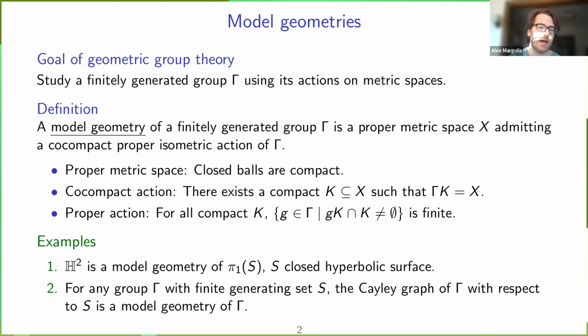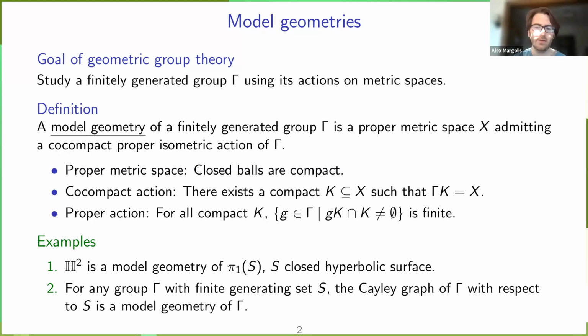And these two spaces are very different sorts of things. So the Cayley graph is a locally finite graph. And if you look at the automorphism group of that graph, or the isometry group of that graph, that will have discrete orbits because it sends vertices to vertices. Whereas if you look at the hyperbolic plane and you look at the full isometry group of the hyperbolic plane, then this will be some virtually connected Lie group. It will be uncountable and it will act transitively on the space. So for any two points in H2, there's an isometry that takes one point to another point. And so these are very different sorts of metric spaces.